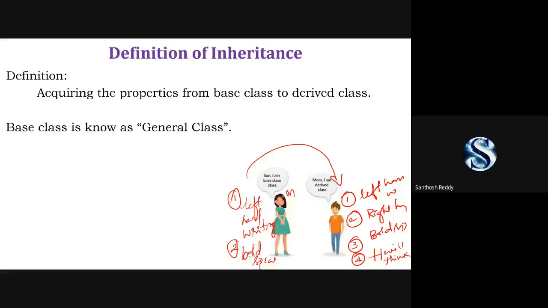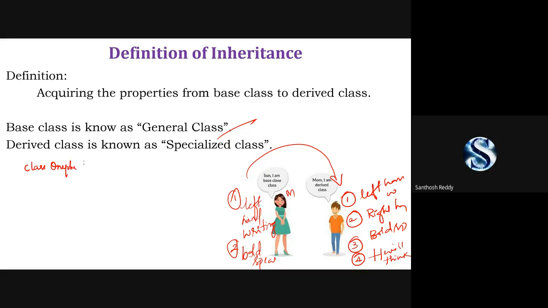For that, we are going to call it a general class. For the derived class, we are going to call it specialized classes. Like, what I can say: class one plus, general.